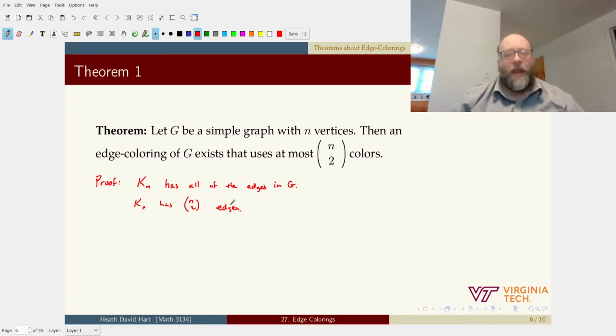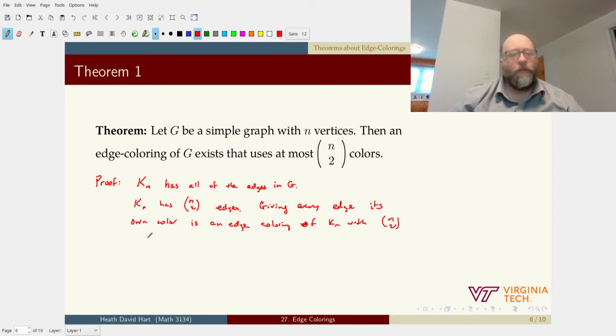And so if I just made every edge a different color, so my matchings are not complete, I'm just matching two vertices and then switching colors, giving every edge its own color, that actually works. No two edges coming out of a vertex have the same color because no two edges anywhere in the graph have the same color. So that is an edge coloring of Kn with n choose two colors,